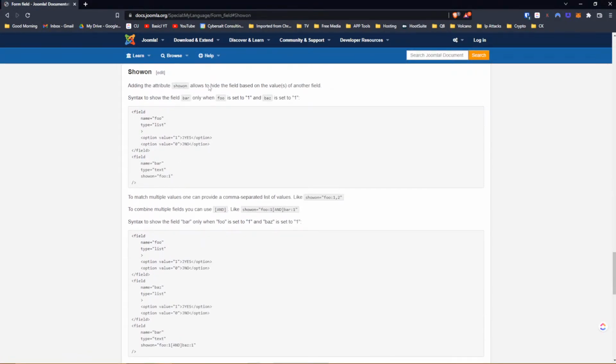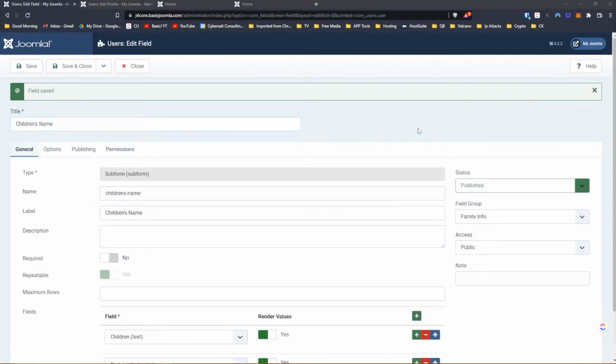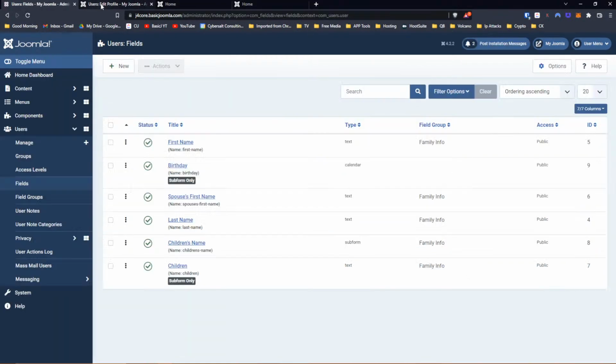Adding the attribute show on allows you to hide the field based on the values of another field. Okay, so this is conditional. Syntax to show the field bar only when foo is set to 1. So let's take a look at that, and this might be a bit also about the question there about show fields using code. So let's just regroup here, and I'm going to close this, and let's go back to our